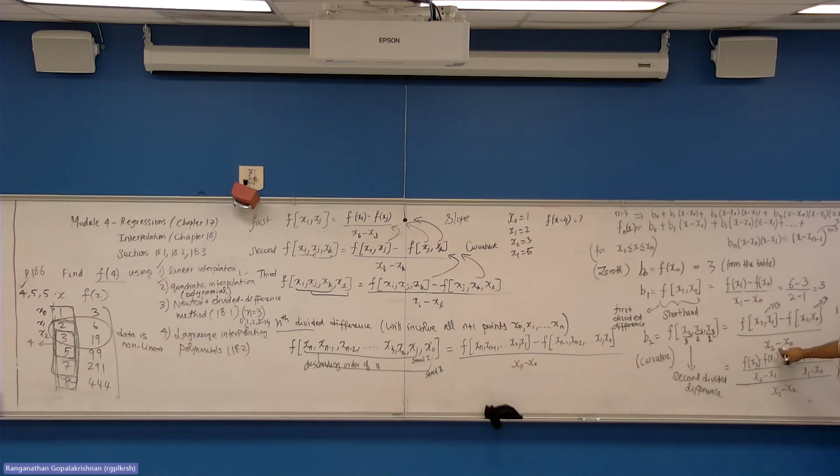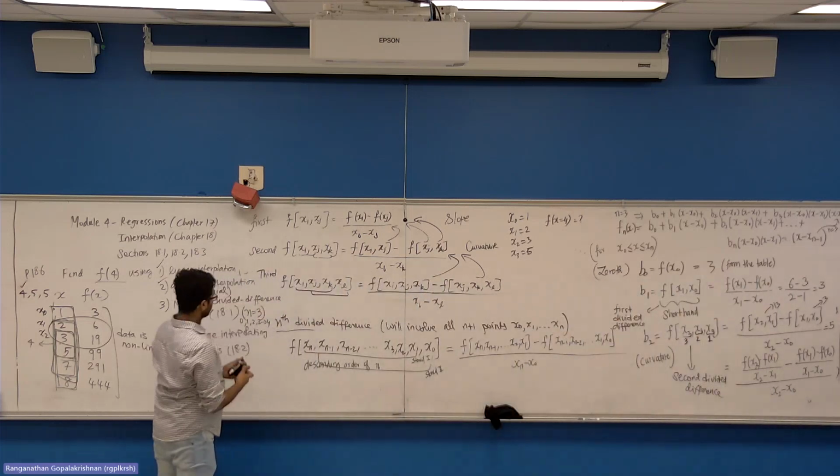And x2 is 3 and x0 is 1. So this is 2. So 13 minus 3 divided by 2 is 5. 10 divided by 2. Yeah. So this is 5. Do we all see that this is 5? B2 is 5. It's the difference in slopes divided by the length of the interval. Okay. So then,